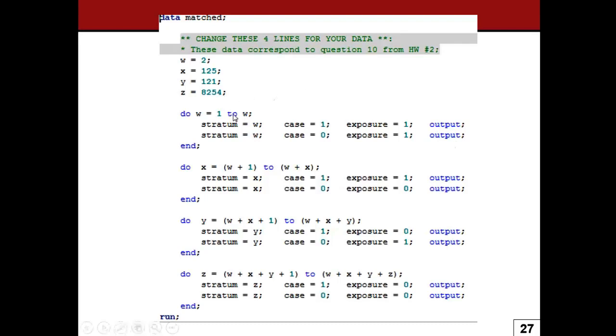Here, let's say this is looping. This is a do loop. Do people know do loops? You do loops. Okay, good. So here, if I have 2, W is 2. It's going to run this code twice, from 1 to 2. It's going to make 2 people. So it's going to make 4 people for 2 matched pairs, where